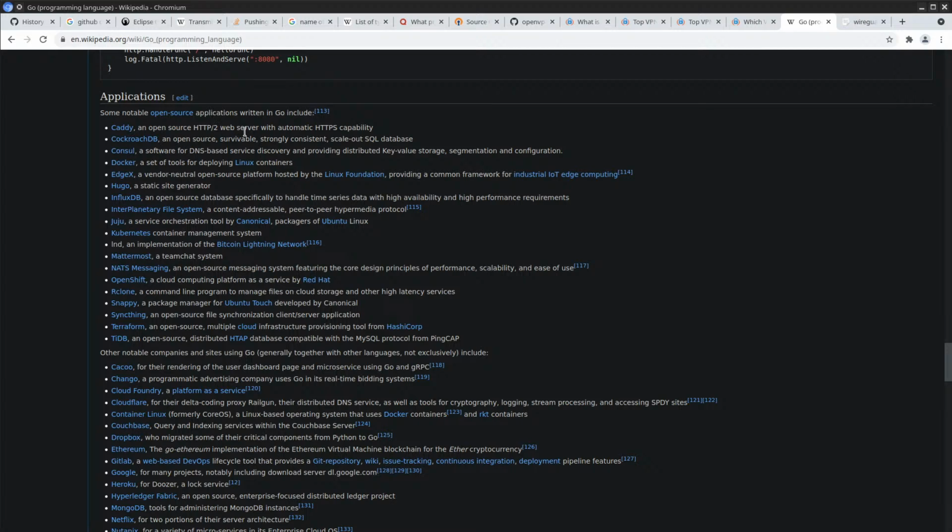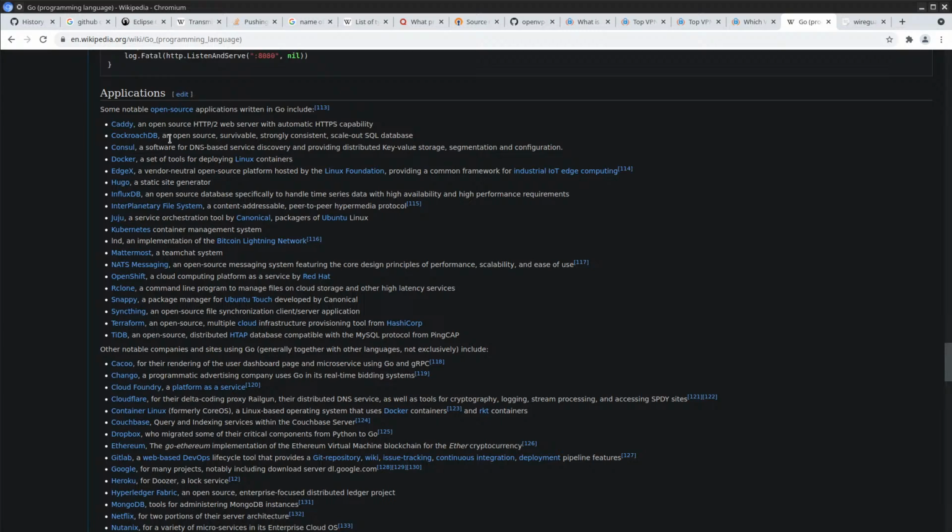Open source HTTP2 web server with automatic HTTPS capability. Okay. CockroachDB. That's a good name. Survivable, strongly consistent, full SQL database. Strongly consistent.